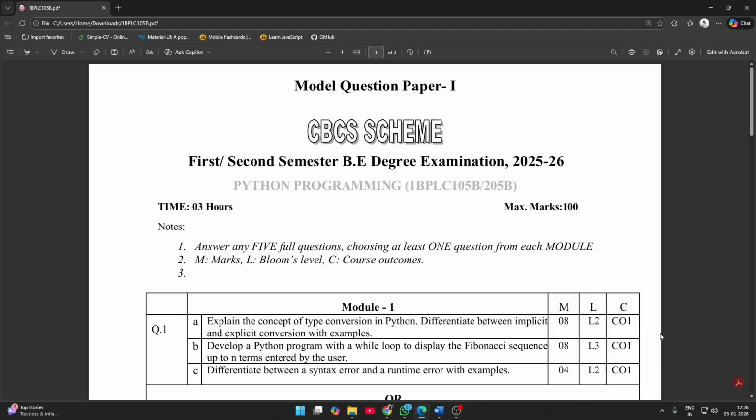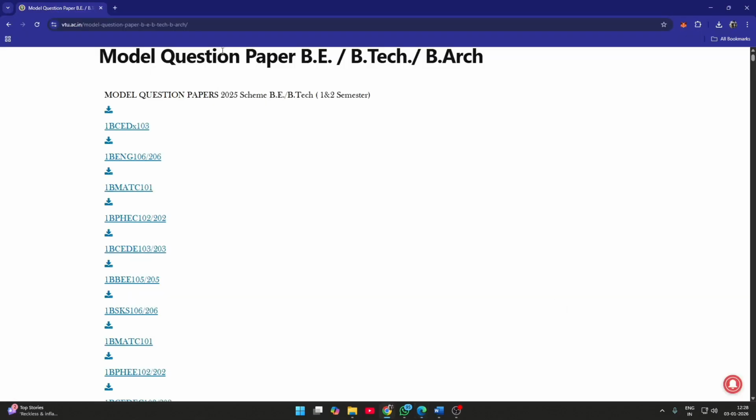Today we will solve the model question paper from VTU, which they have uploaded on their official website. The link for that I'll provide in the description. So I've downloaded the question paper and we'll try to solve all the problematic questions which they have given in